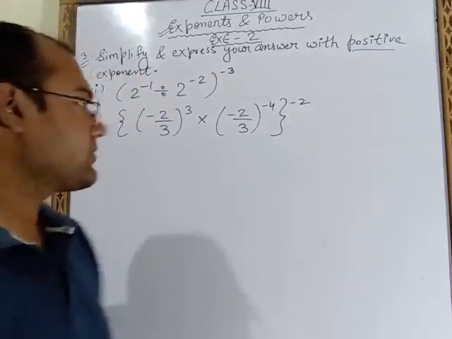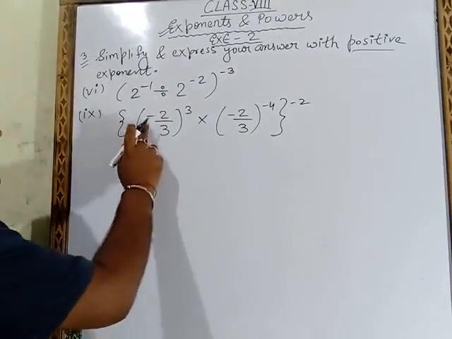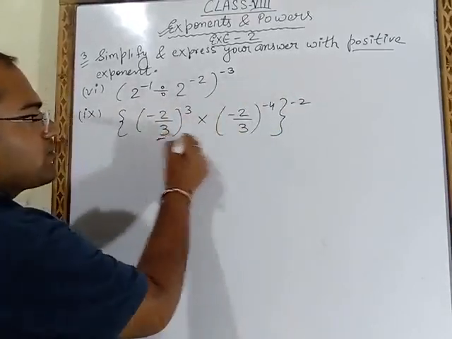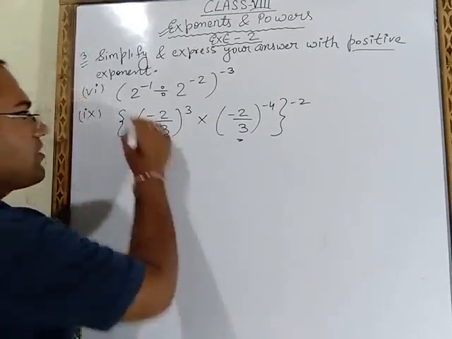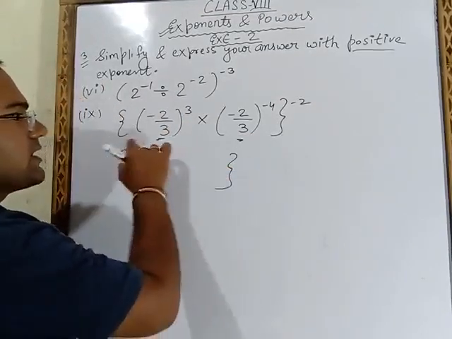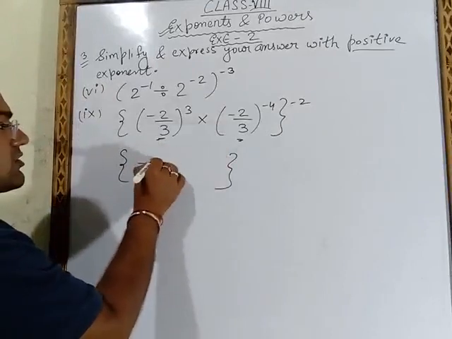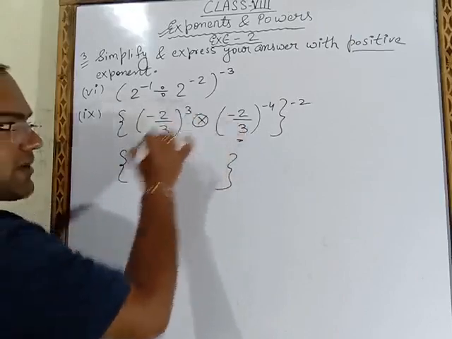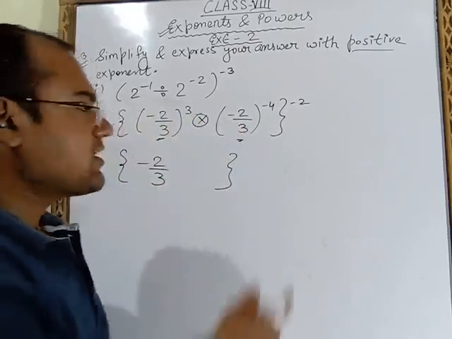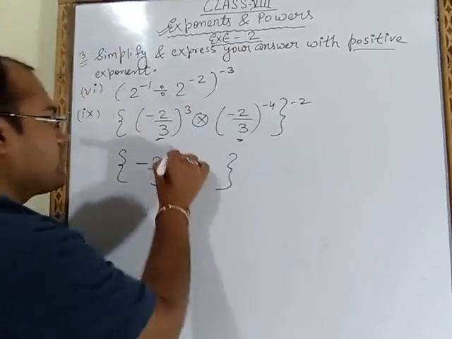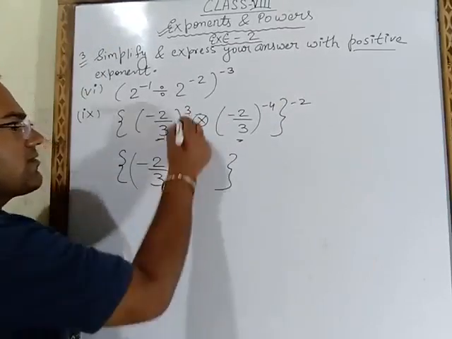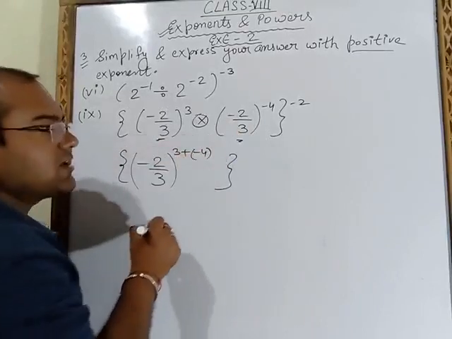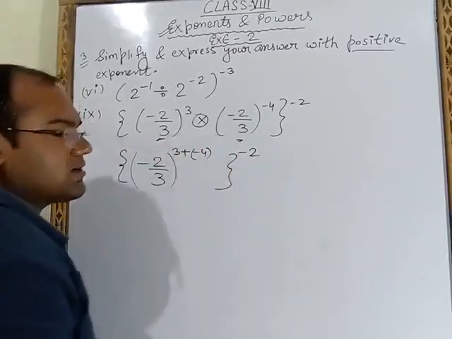Both the answers are correct. Now see the 9th part. The 9th part is minus 2 upon 3 whole power 3 multiplied by minus 2 upon 3 whole power 4. Here both the bases are same. So first of all we have to solve this bracket. Inside this bracket both the bases are same, so we write this base as it is, minus 2 upon 3. Between these two bases a multiply sign is coming. Because of this multiply sign we have to add these powers. So we take this base in the bracket and add the powers 3 plus minus 4. Two signs are coming together, so we take it in a bracket, and outside, the whole power minus 2 is written.